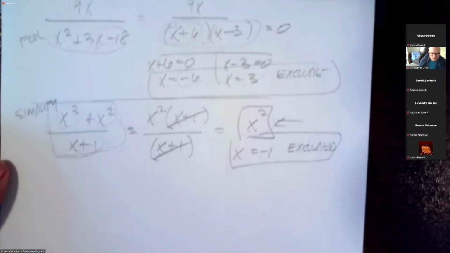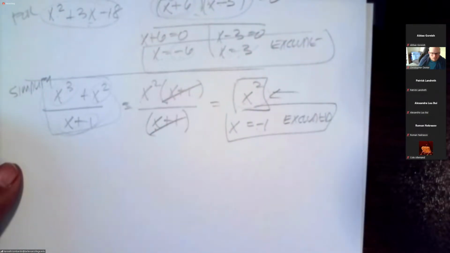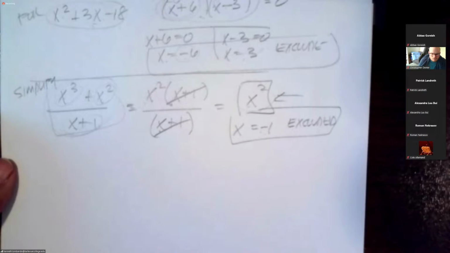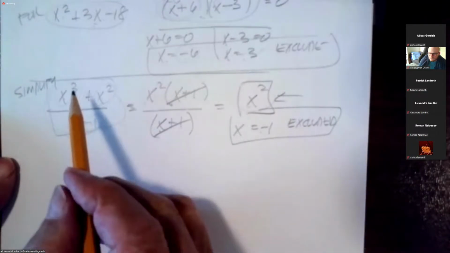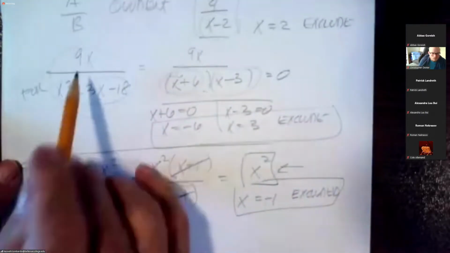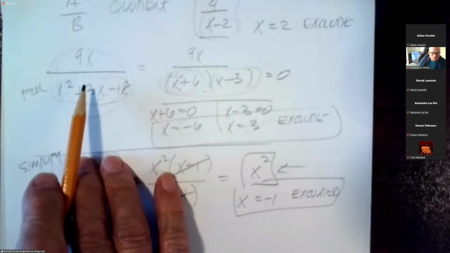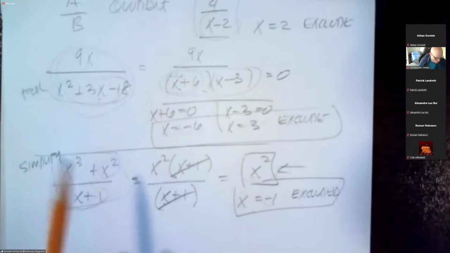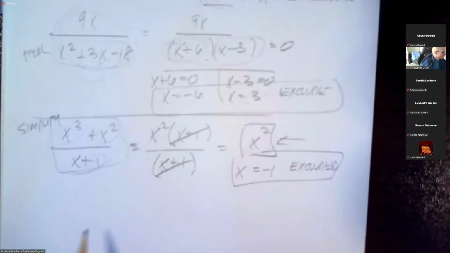Okay, questions? Could you do another problem like the 9x over x squared plus 3x minus 18? Could you look at another problem like that? Like this one up here? If you scroll a bit, yeah, the top one. Yeah, I have trouble on that. Well, what if I had